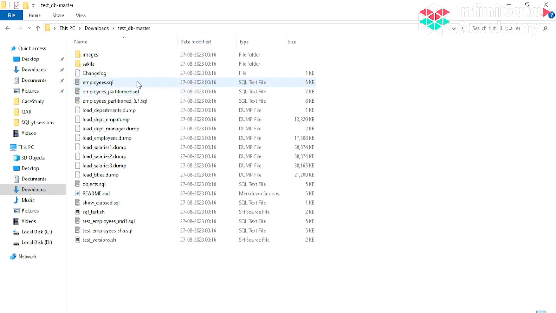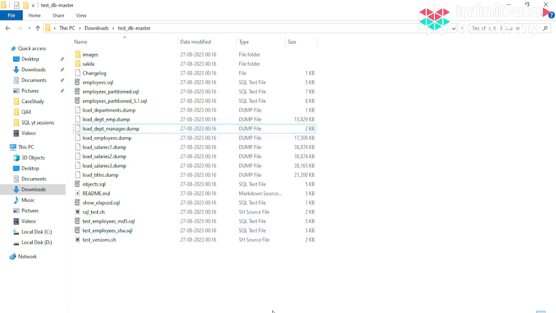So इसके अंदर this is basically going to create. If you want we can go through it, और इसमें क्या करेंगे, इसमें we are basically creating employees, department, ये सारी tables हम create कर रहे हैं, and then all those details, और जो employee की actual sample values हैं, they are getting loaded from this dump file. So these dump files are basically कोई भी आप SQL database से file को as a dump file export कर सकते हो. So this is going to load data into our local SQL server as a table, right?